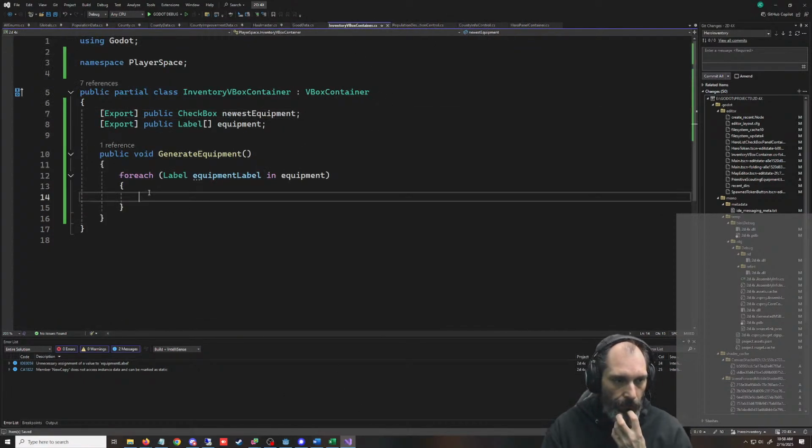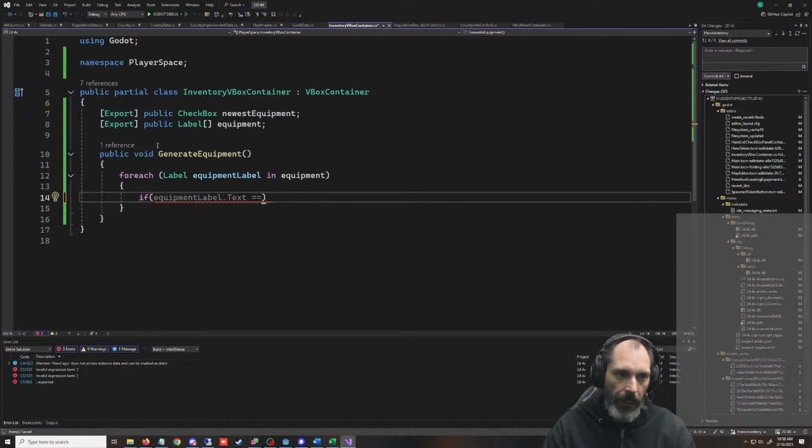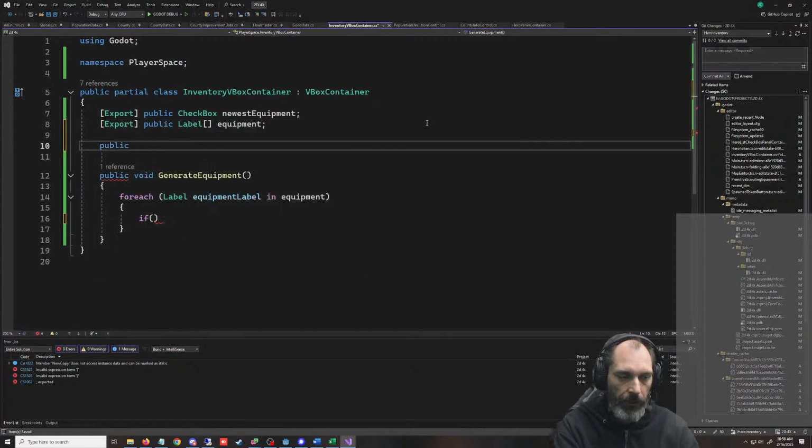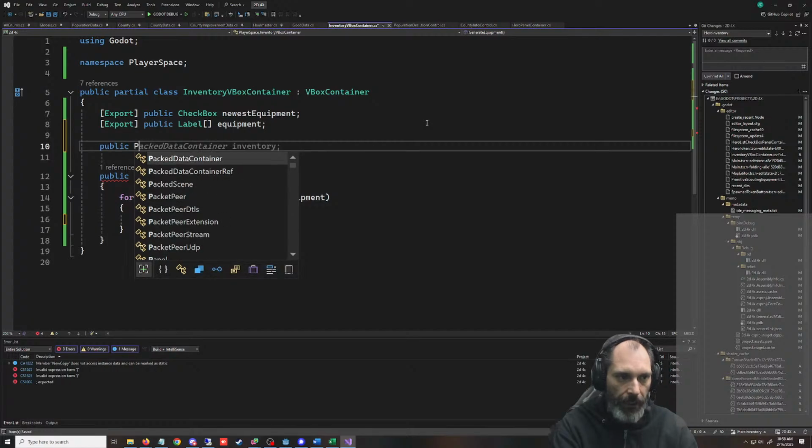So now for each equipment, we're going to need a population data passed in here. I was thinking, do we need export on it? I don't think we do. It's going to be public population data.